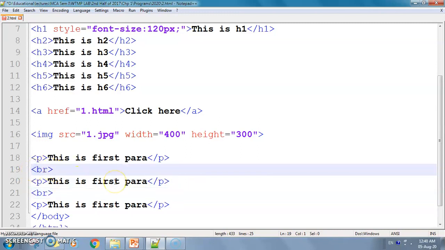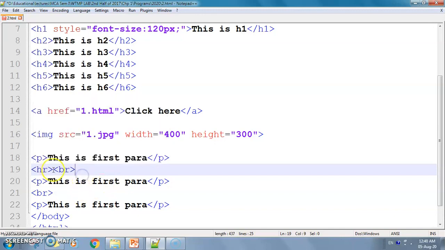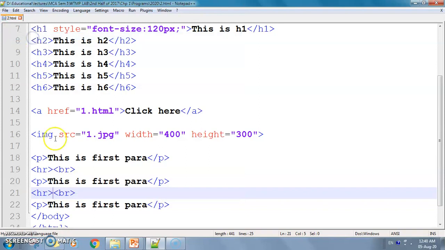And there is one more tag, that is the HR tag. HR means horizontal rule. In between the two paragraphs I have implemented it. And I will show you how to use the pre tag also, but first we will see the output of this.